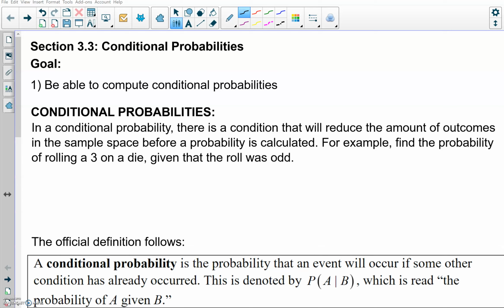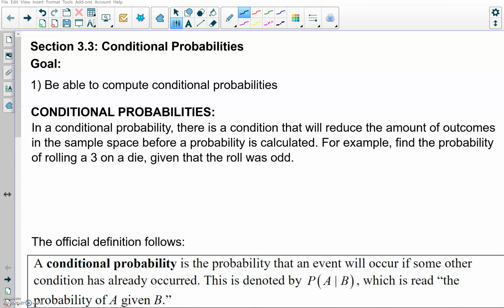Section 3.3, Conditional Probabilities. So our goal here is to be able to compute conditional probabilities. The title says it all. And with conditional probabilities, there's a condition that will reduce the amount of outcomes in the sample space before a probability is calculated. Now, for some of these examples I'm going to do here, you're going to be like, well, how do you know that this is true? And maybe you don't, but it's mostly for the purpose of the example to show you the mechanics of how